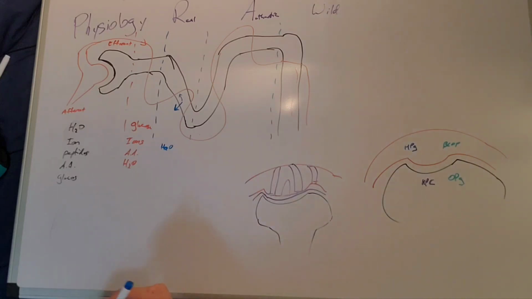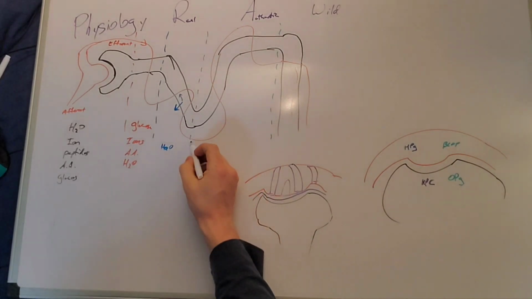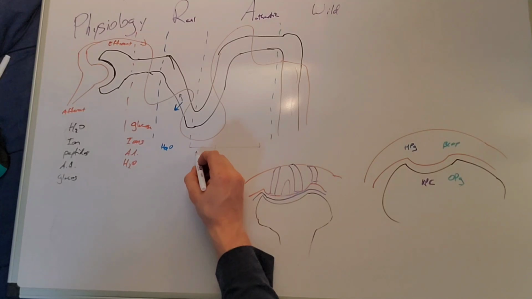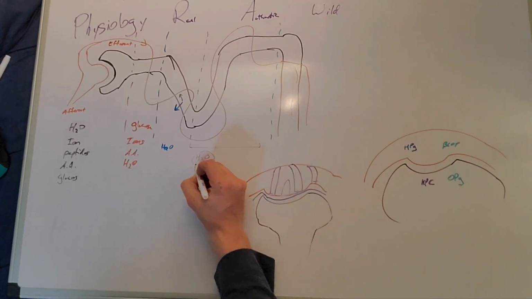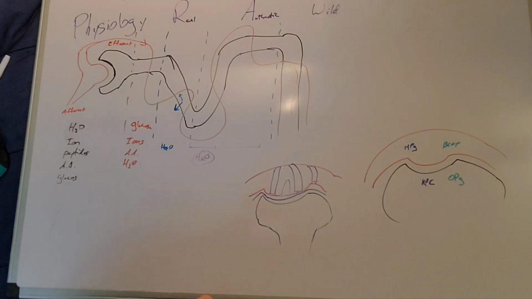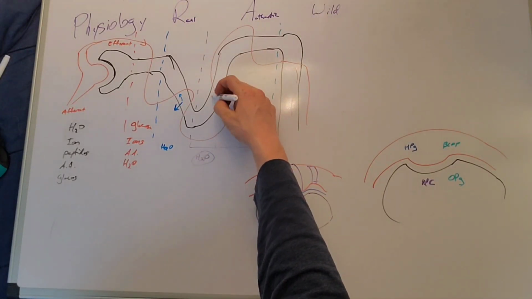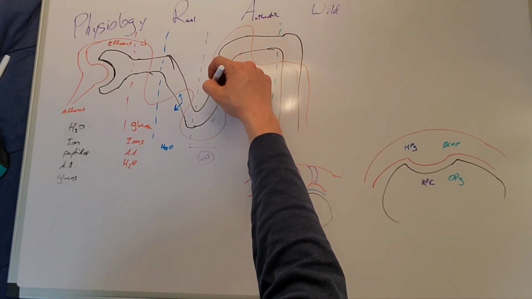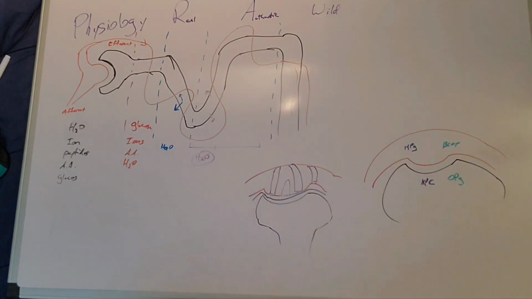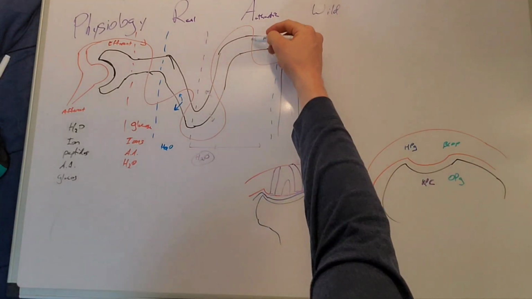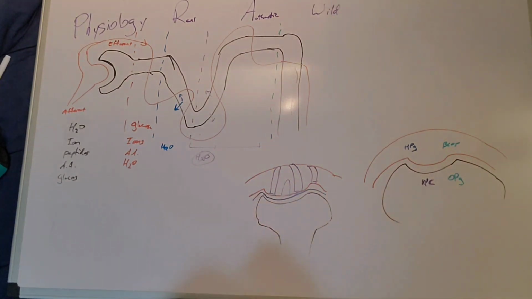But on this side, after this purple dotted line, water is no longer permeable. So H2O, no more. That means the stuff leaving the fluid is going to be that sodium and chloride, sodium chloride, and I think that's actually it. So sodium chloride is going to leave in that area, right? And as it reaches back to the top,